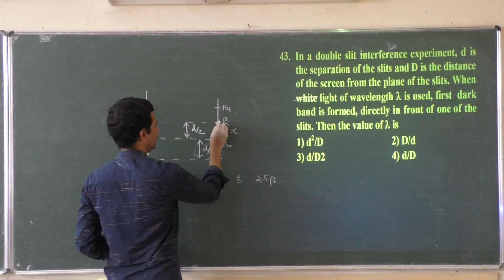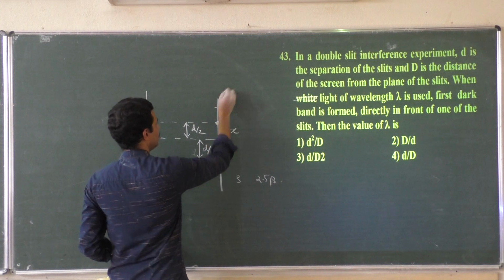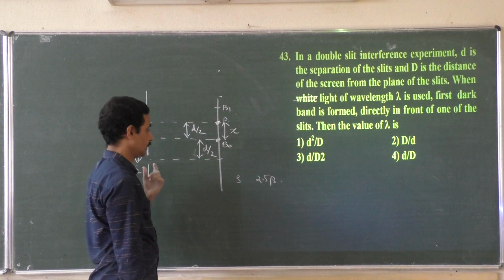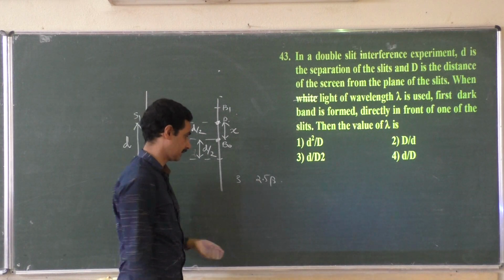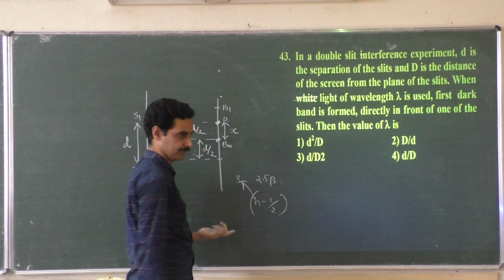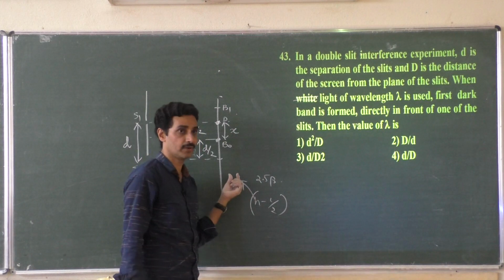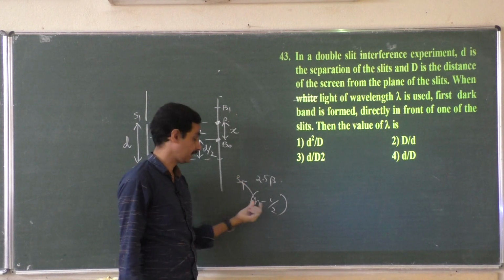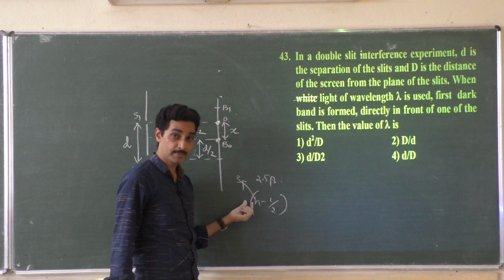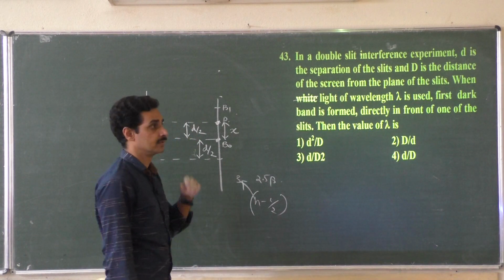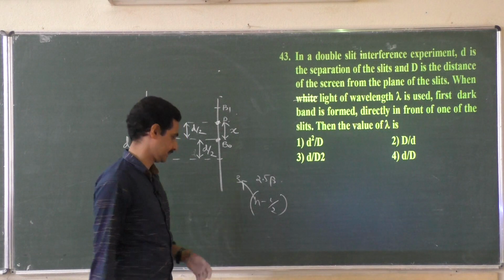From here half beta, then 1, 2, so you get the third dark band. So the distance of the third dark band is 2.5 beta. You can write n minus half by putting n equal to 3 itself. Suppose you want to use n plus half with n equal to 0, 1, 2, etc. Then the first band will become n equal to 0 and the second band n equal to 1. So don't confuse it with that. So you can put half beta less.